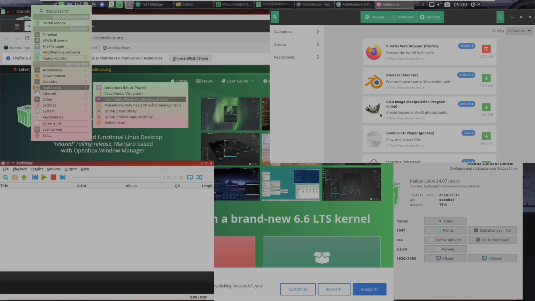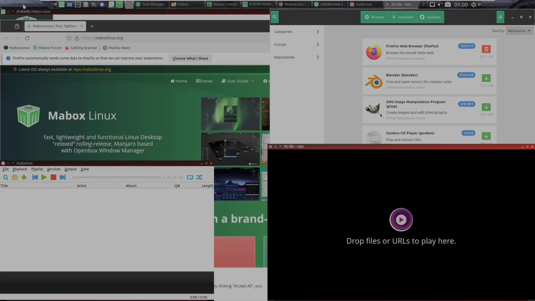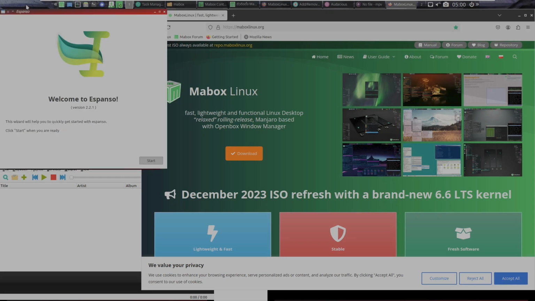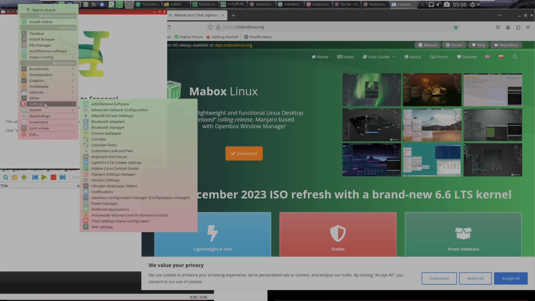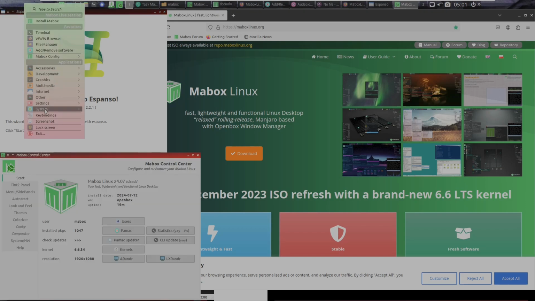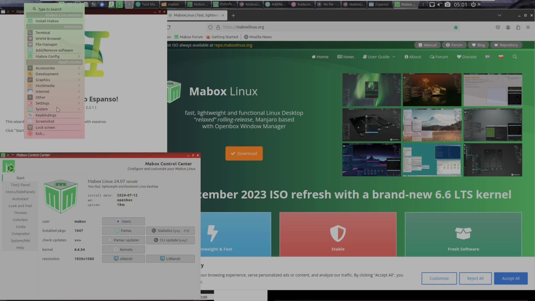Multimedia, volume icon, media player, let's open that. Under the internet, we already opened the Firefox web browser. Let me open this web browser also. And under others, Espanso, I don't know what it is. Let's open it. Under settings, we don't have anything here. Let's open the control center. What else do we have here? Nothing. Under system,